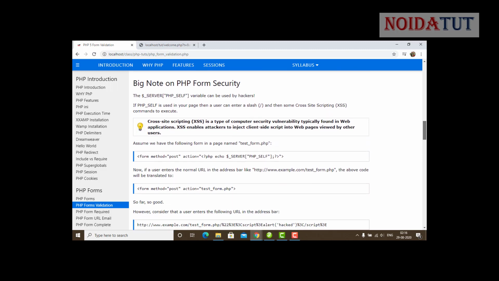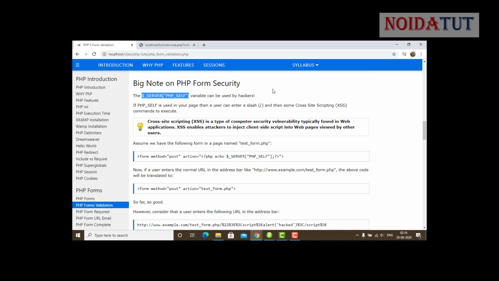Now, talking about security, this is a variable that can be used by hackers. If PHP_SELF is used in your page, then a user can enter a slash and then some cross-site scripting commands to execute.